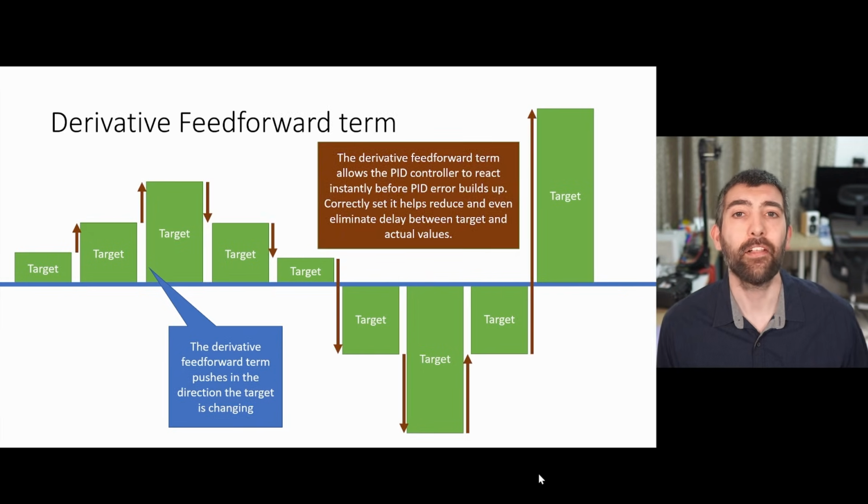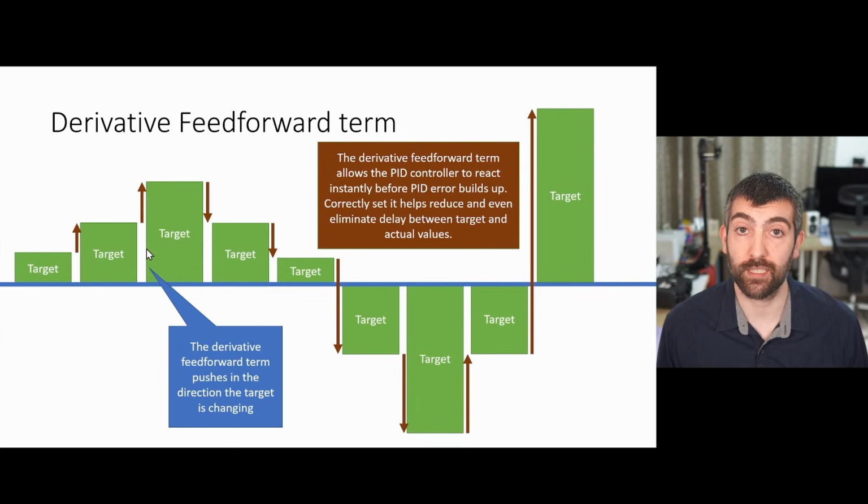The derivative feedforward term in the ArduPilot PID controller looks at the rate at which the target is changing, and it pushes in the direction that the target is changing in proportion to how fast the target is changing. The main purpose of the derivative feedforward term is to allow the PID controller to react more quickly before PID error builds up, and if you have derivative feedforward correctly set, it can reduce or even eliminate the delay between changes in target and actual values,